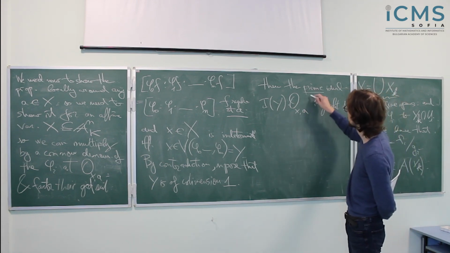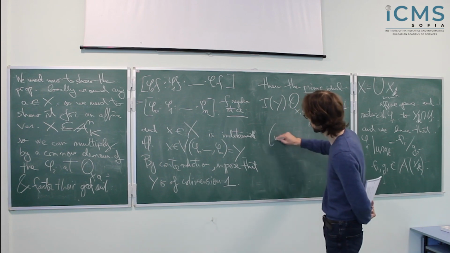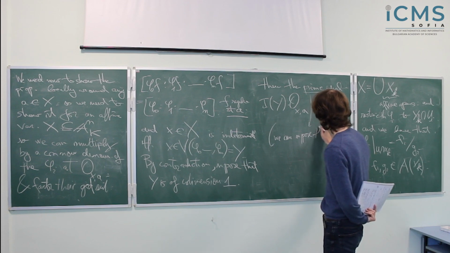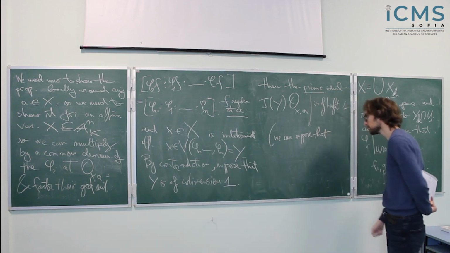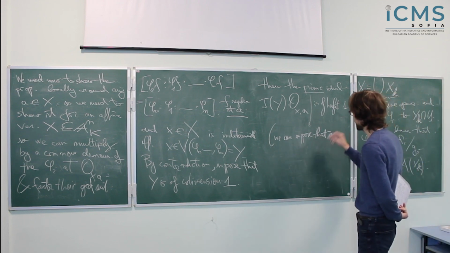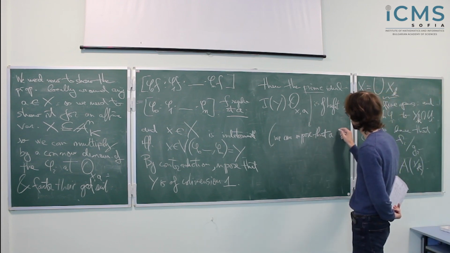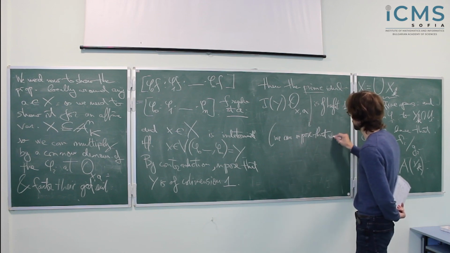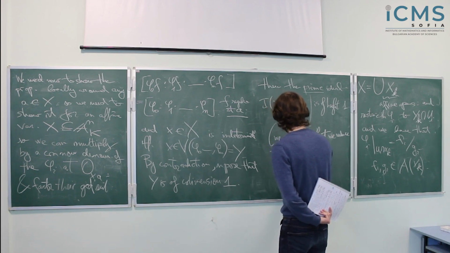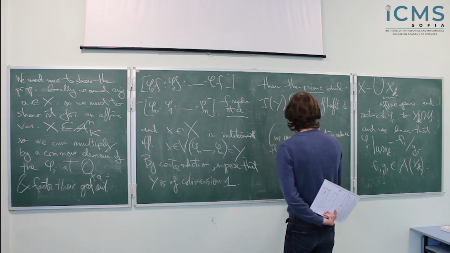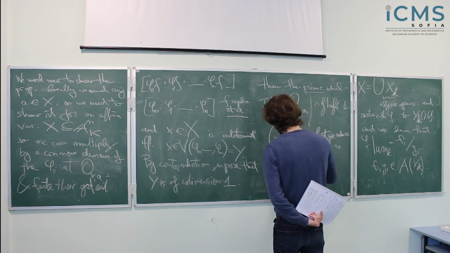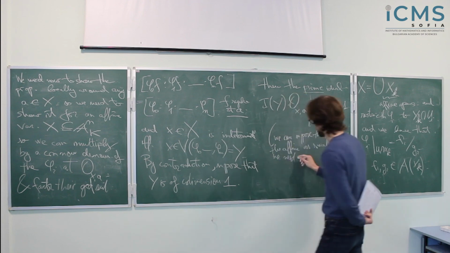This is probably something I cheated on. We can suppose that we reduce the affine chart as small as we need, so that